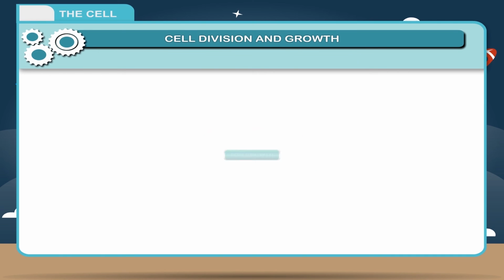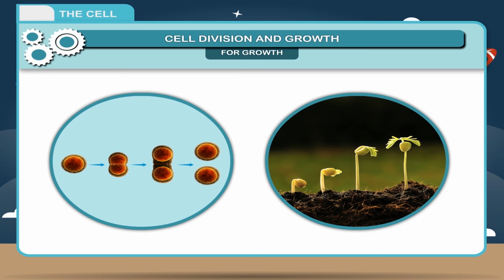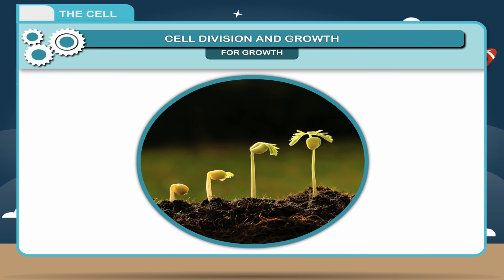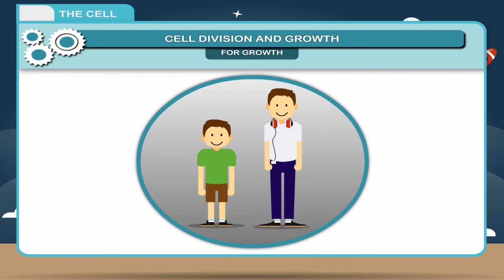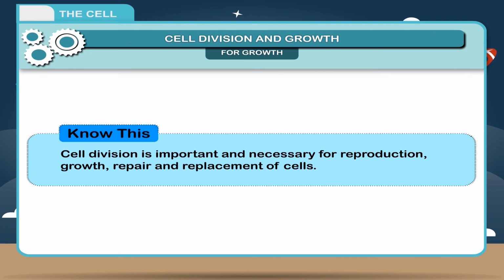For growth. When cells divide, the body size increases because, as the number of cells increases, the organism grows. For example, a seedling grows into a big plant. A baby grows into a child and then into an adult. Know this: cell division is important and necessary for reproduction, growth, repair, and